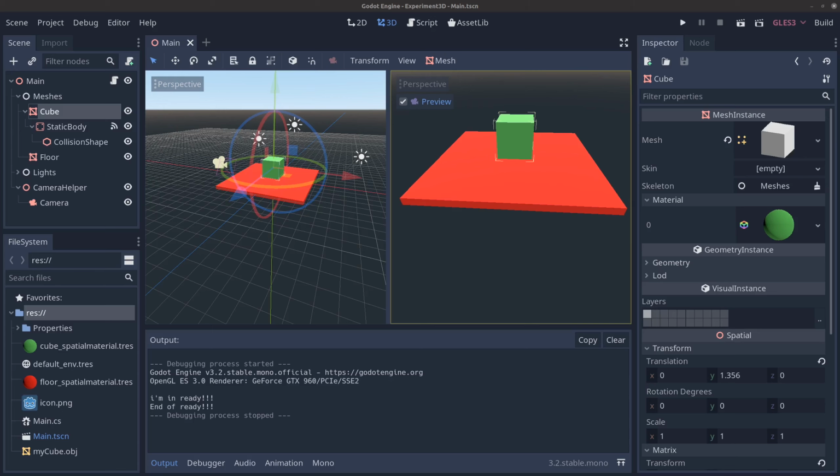Welcome to the sixth video in this video series of using Godot with C# and the Rider IDE to manipulate